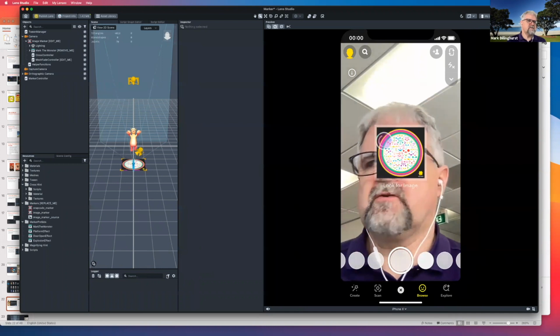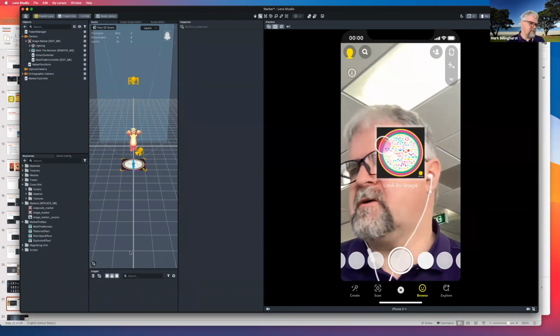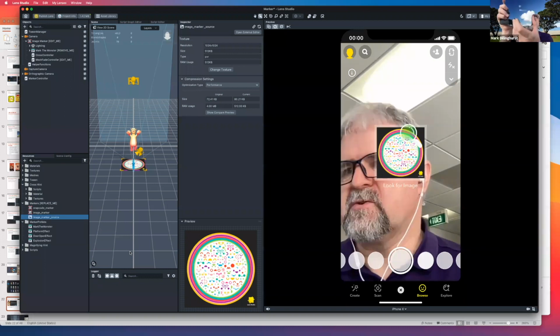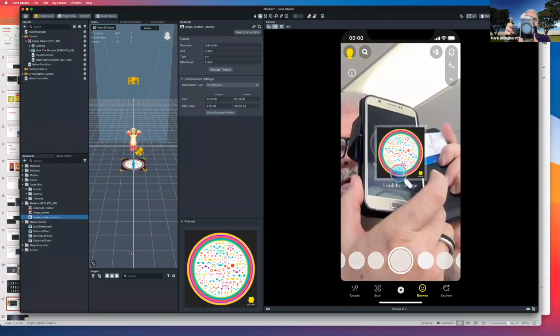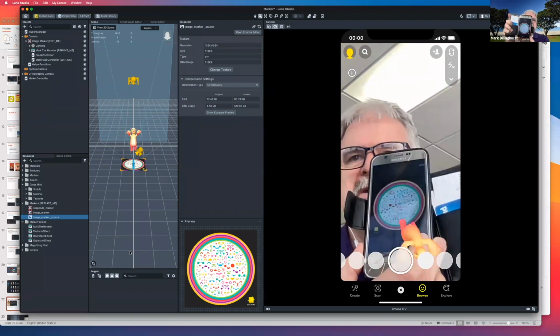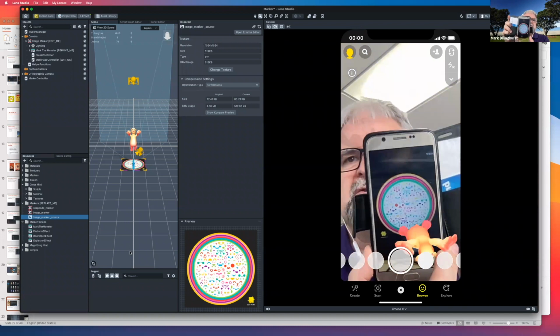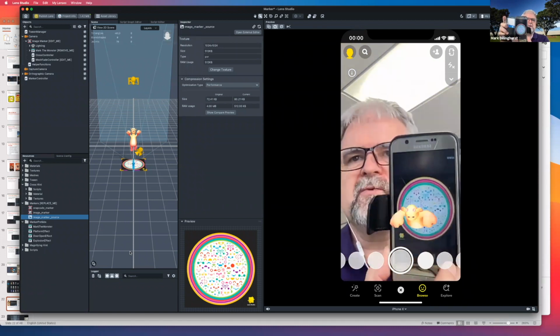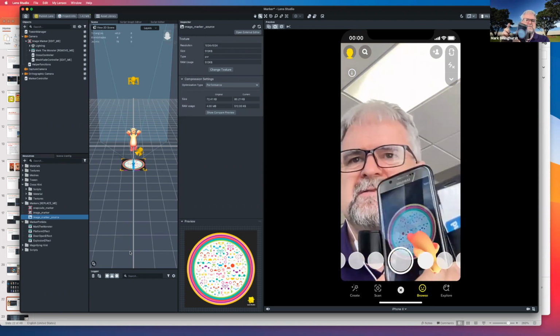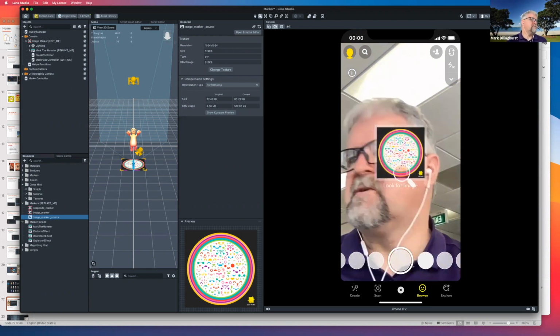If I click on this one, you can see that's the image source there. I took a photograph of that with my phone. And so now when I show my phone here, you'll see the picture appears. There's a little bouncing guy appearing. And it's super cute because it looks like they deformed the real video of the image when it's bouncing. So it's a really nice example of what you can do